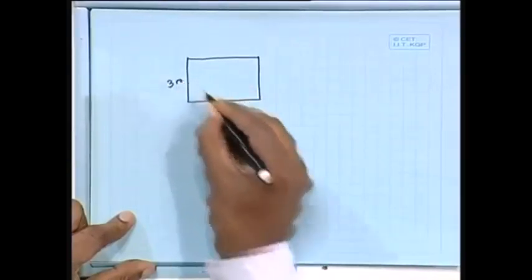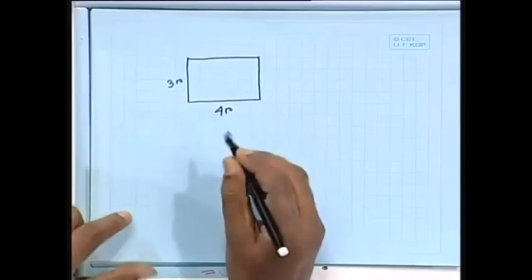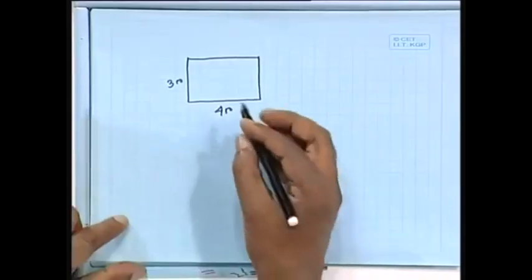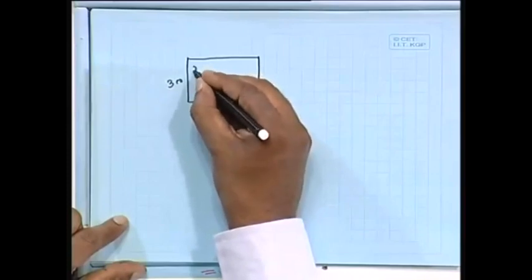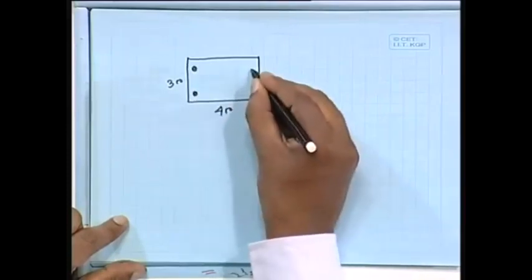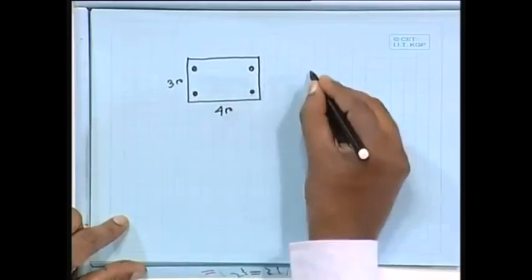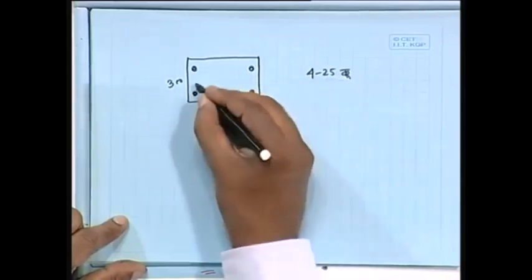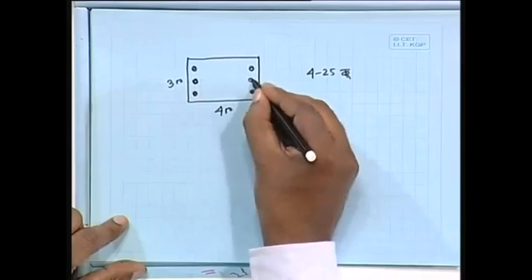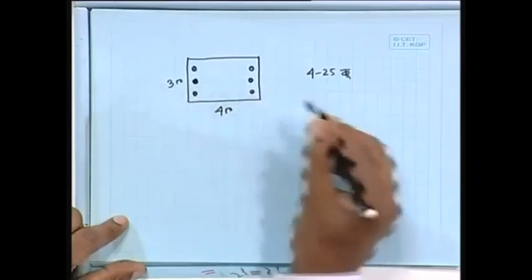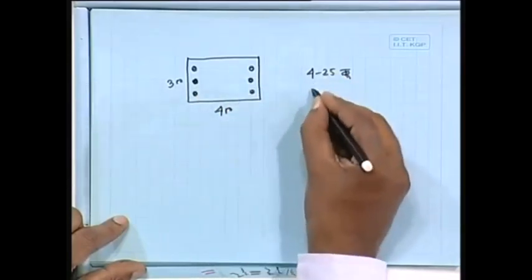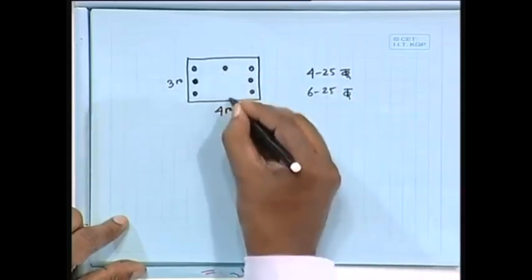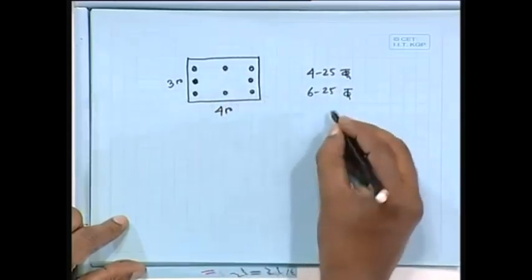let us say 300 by 400. I do not go by the percentage of steel. Why shall I use the percentage of steel? Instead of that, I prefer to try with say 4 bars of 25 torr, maybe a little more also. Or 6 we can provide, say 6 bars of 25 torr, or if I provide on all sides